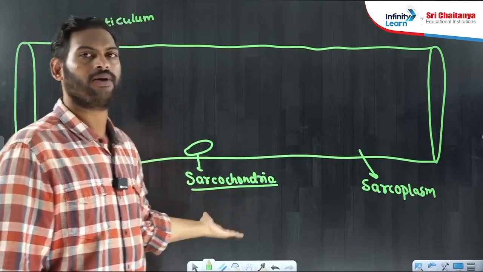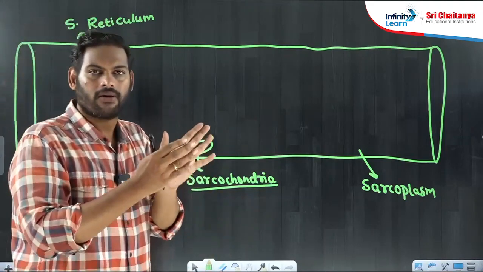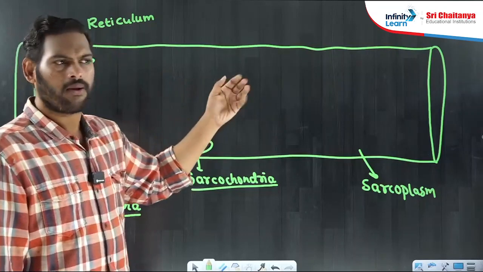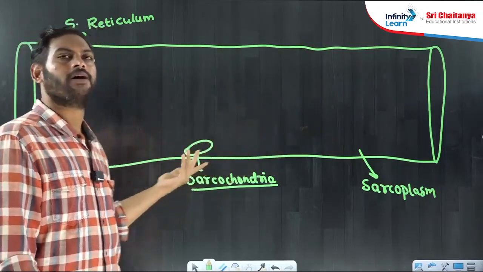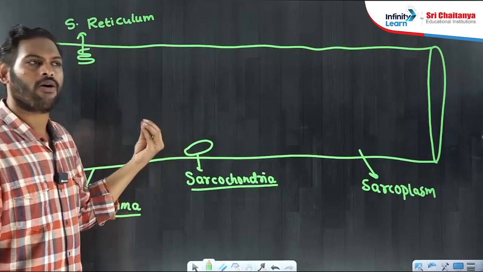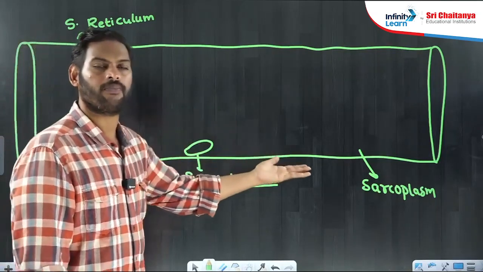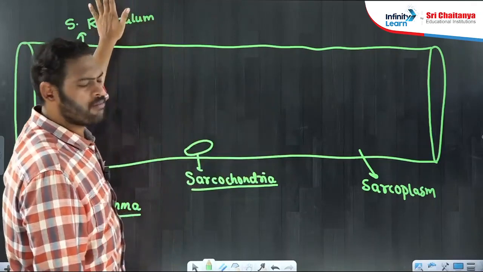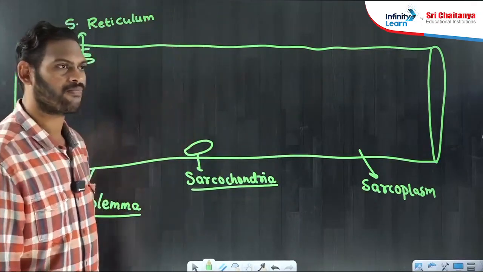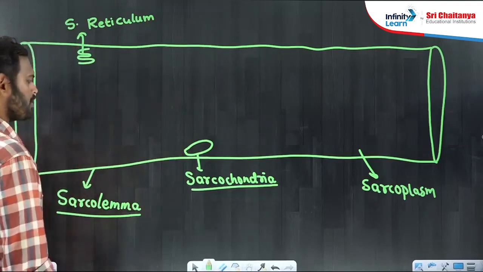No new names. Just add a prefix to whatever you want to say. Sarcoplasm in place of cytoplasm. Sarcolemma in place of plasma lemma. Sarcochondria in place of mitochondria. Sarcoplasmic reticulum in place of endoplasmic reticulum, like this. Okay, now